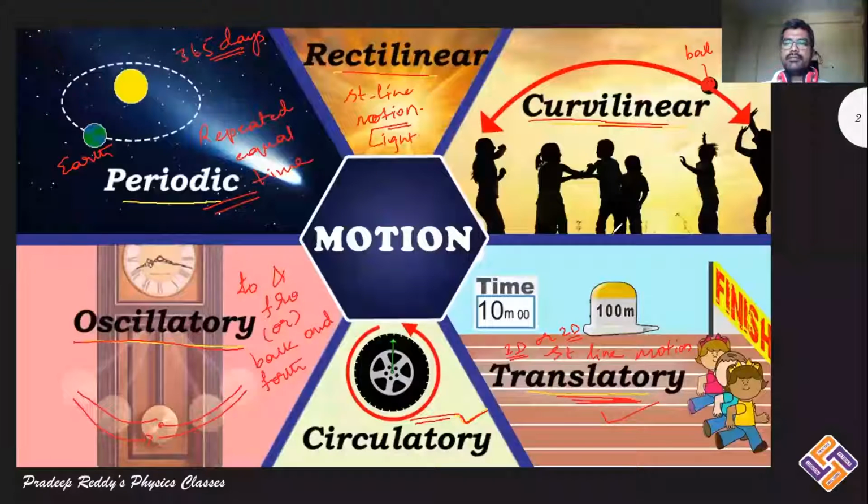About all these different types of motion, we will be discussing in mechanics in the class 11th syllabus. Oscillatory motion you will learn in a separate chapter named oscillations, where we will categorize periodic as well as oscillatory motions. And in rotational motion, we will learn what is meant by translatory, curvilinear, and rectilinear motion, in the next chapter. So in this chapter, we restrict ourselves to learning only about circular motion.